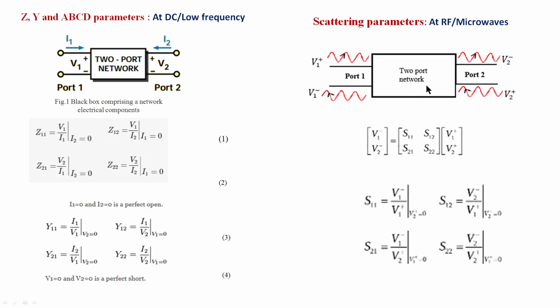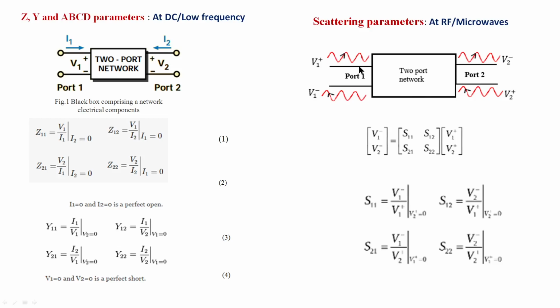There may be a dissipation of power also. You see, the wave enters like this. Because of mismatch, a part of the wave will reflect back, going out. The remaining enters the network. Out of that, a part may go out like this. But a part of the wave may dissipate in the network itself as heat, or some radiation may take place. That is a power loss in the network.